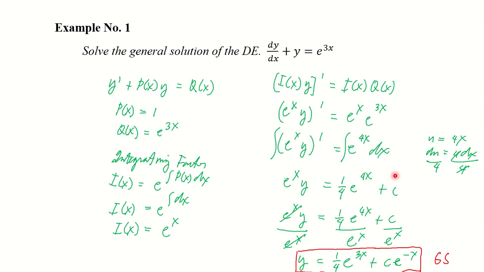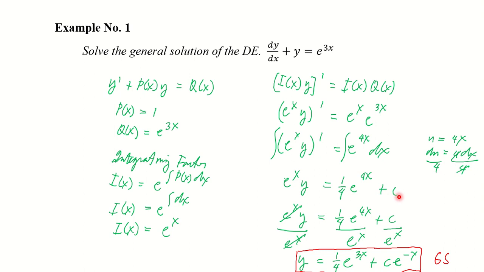How did we do that? We will be applying substitution. If you can still remember our lesson in the second quarter, we cannot just get right away the integral of e raised to 4x dx without using substitution. So you let u be equal to your 4x, then you get the derivative du, that's equal to 4 dx. So therefore, you can factor out the constant 1/4, and then the integral of e raised to u du will now then be equal to e raised to u. So you replace your u with 4x, so the integral therefore of this right side of the equation will be 1/4 e raised to 4x plus the arbitrary constant c.